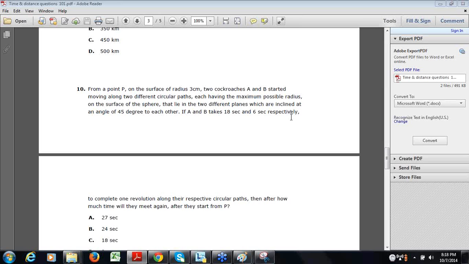So both circular paths have maximum possible radius. So they have a radius of 3 centimeter each. Irrespective of the angle between the planes of their circular paths, the two cockroaches will meet again at point Q only. If you see,